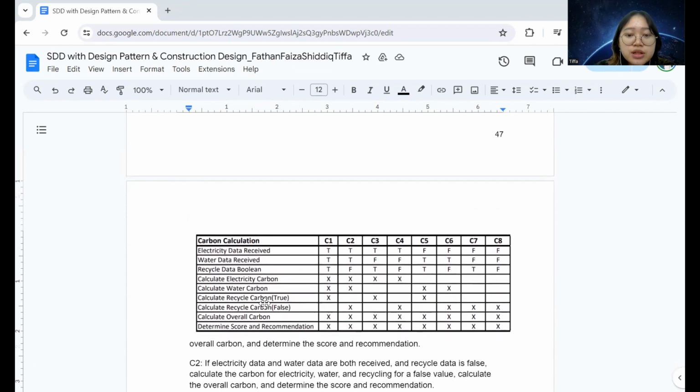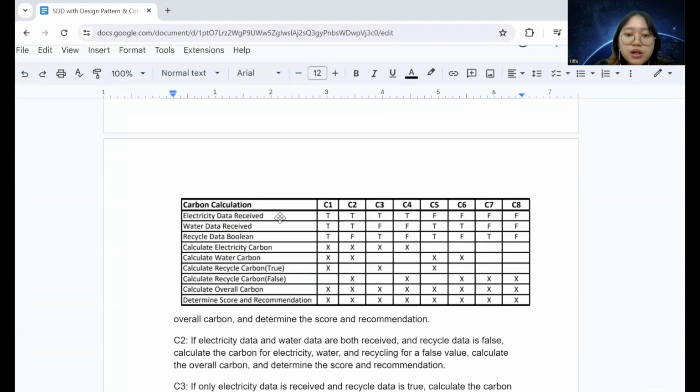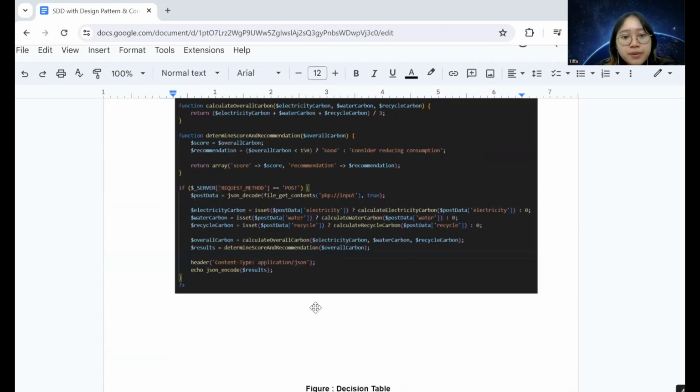Next, for the decision table, we have 8 conditions. So from here, C1, condition 1, where electricity data is received, water and recycle also received. So because of that, we can calculate electricity, water, recycle, true, and then calculate overall carbon and determine score and recommendation. For these two, this one will never return false, because if we see from the code,